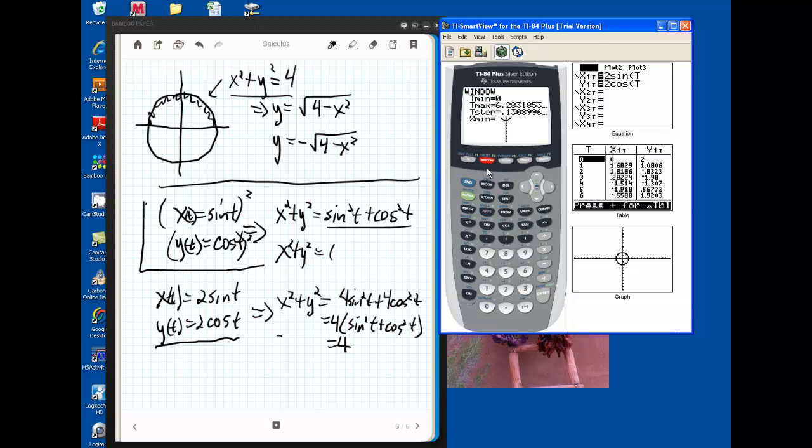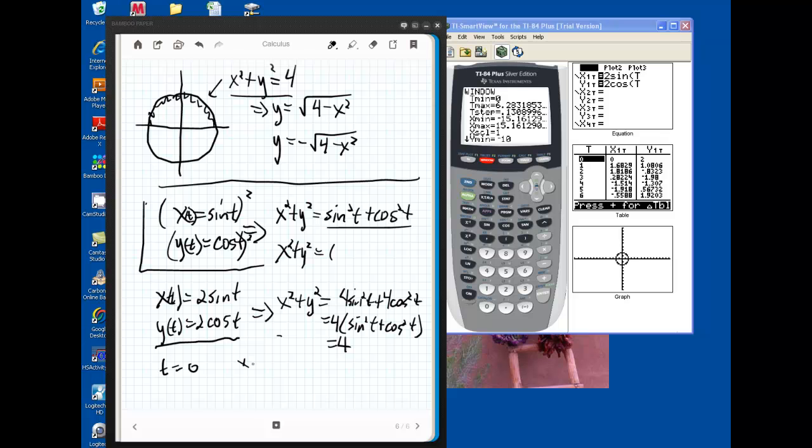If I go back to window and I look, notice t starts at 0. So when t is 0, I know that x of 0 equals 2 sine of 0, which is 0, and y of 0 equals 2 cos of 0, which is 2, which means when I graph this thing, it starts at 0, 2. Now, let's see what happens since we're going from 0 to 2 pi. Let's say, I'm going to click over,